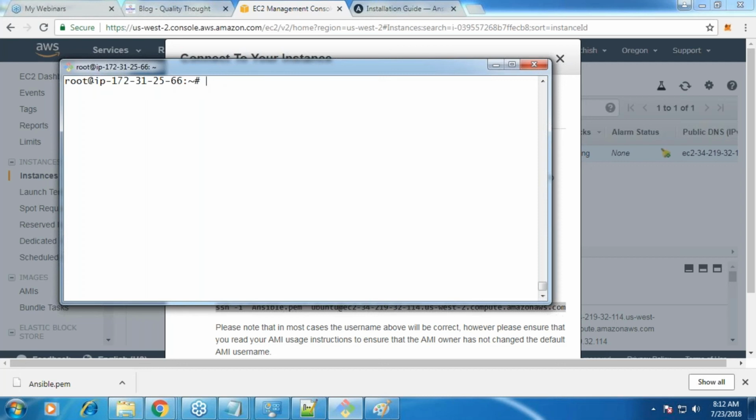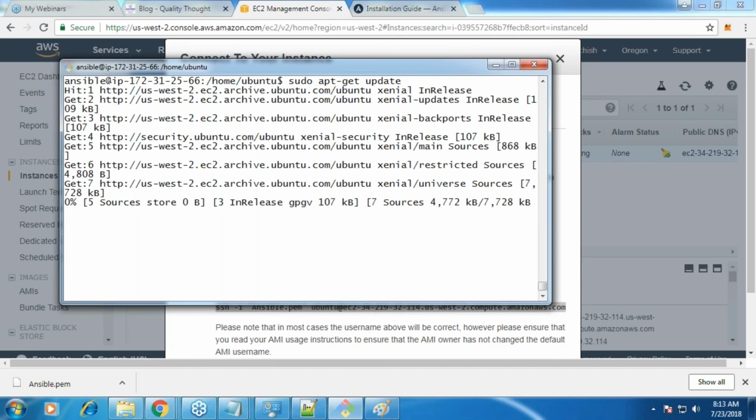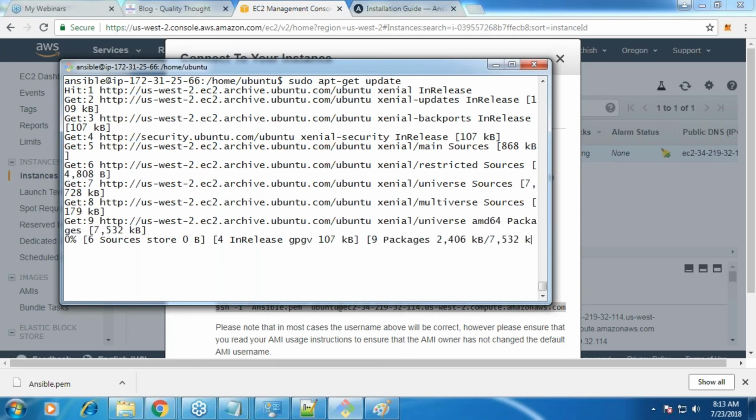Now let me just check. So I'll exit. Okay, su ansible. Okay, sudo apt-get update happening. Okay, so my node is ready, and in my node there is only one step for me